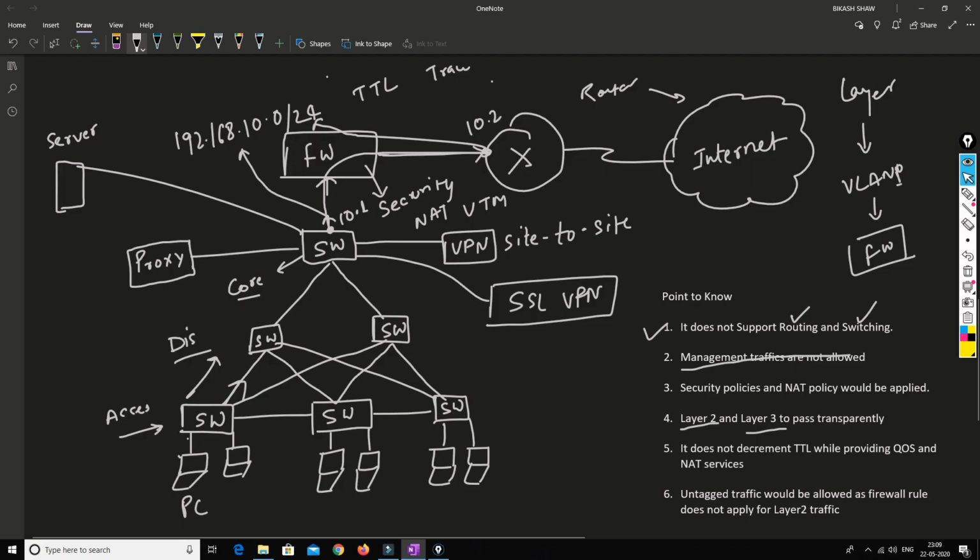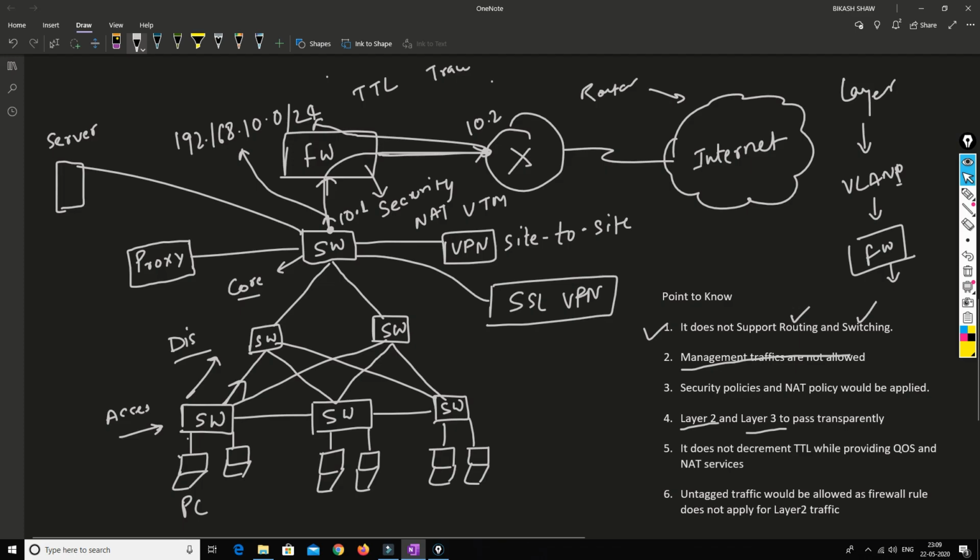With some settings in the firewall you can change that, but that is an advanced concept. As usual it will not be allowed, because there will be no layer 2 policy in the firewall to control the traffic.